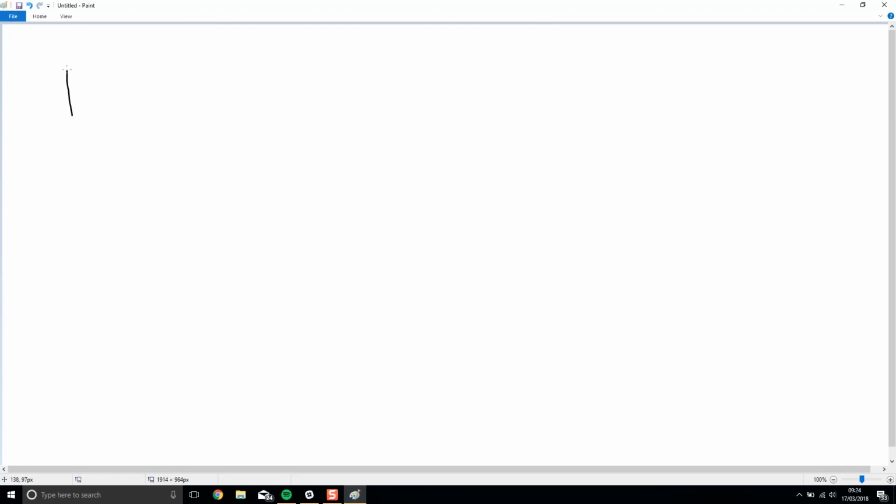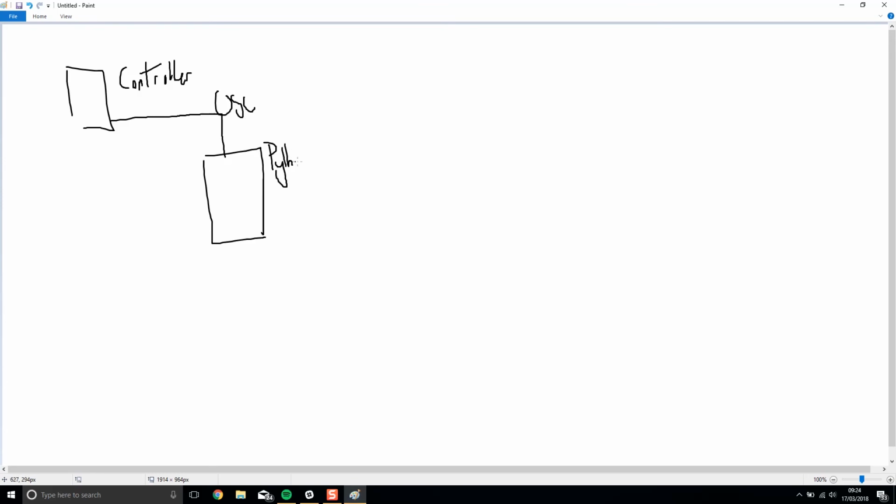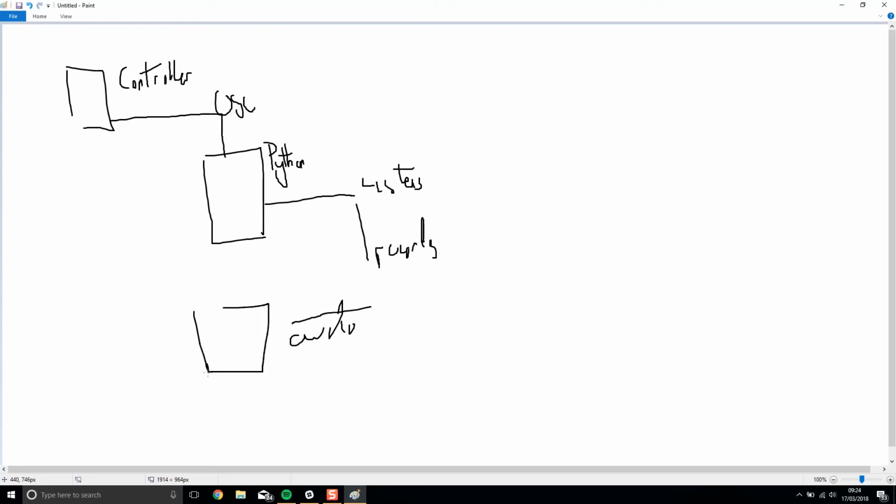So what we're going to do is start off with a header that is going to be the controller, and that is going to send OSC commands into Python, and Python is going to start another thread that listens, records, and then returns audio, where this will